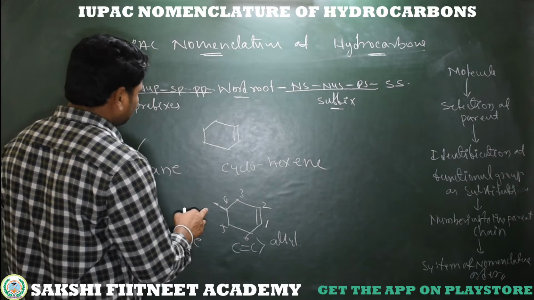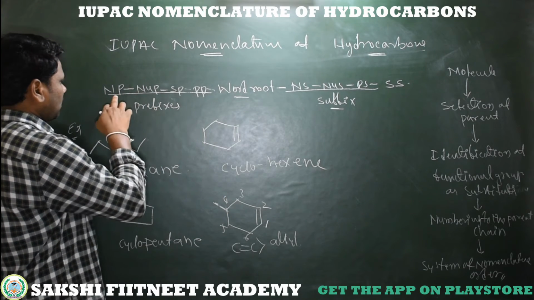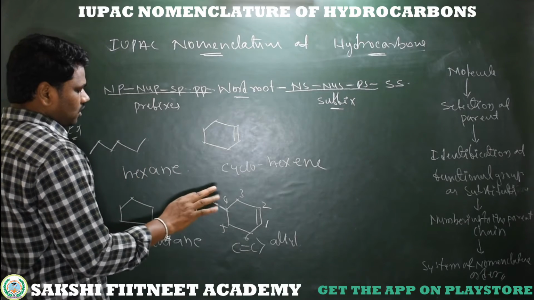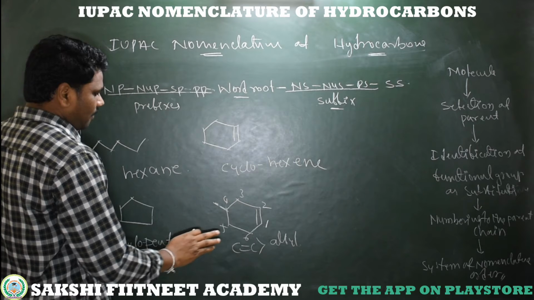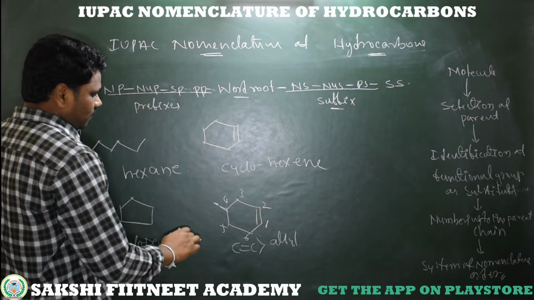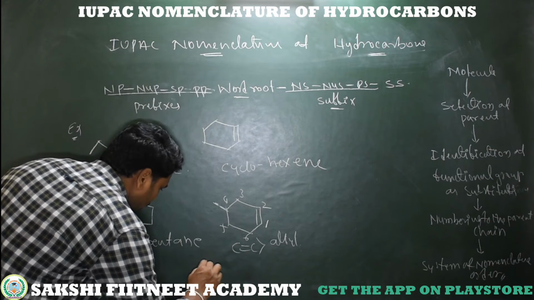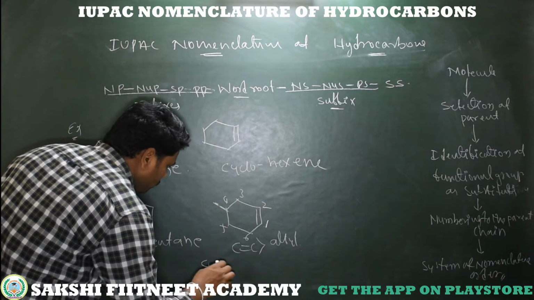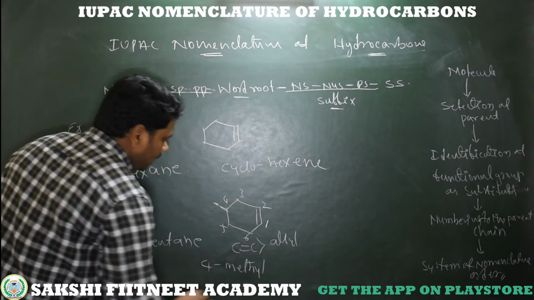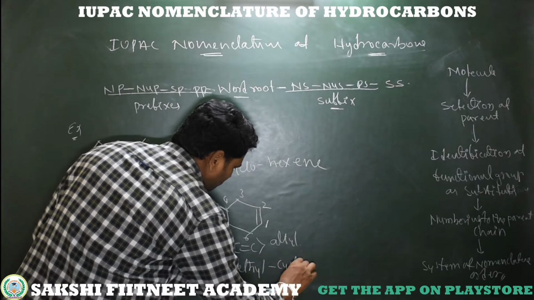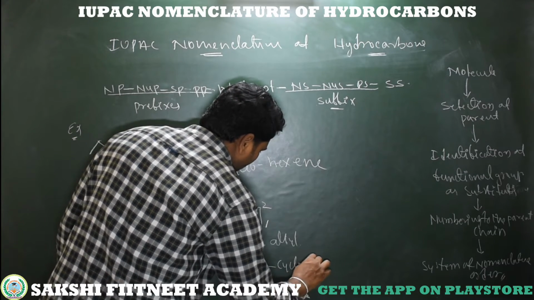CH3 means it's a secondary prefix. 4th position means number prefix. There is no more than one same functional group, so no need of using a numerical prefix. I am using number prefix, secondary prefix, and again primary prefix as cyclo. So simply, what is the IUPAC name of this compound? 4-methyl cyclo. So unsaturation at 1st position, so cyclohex